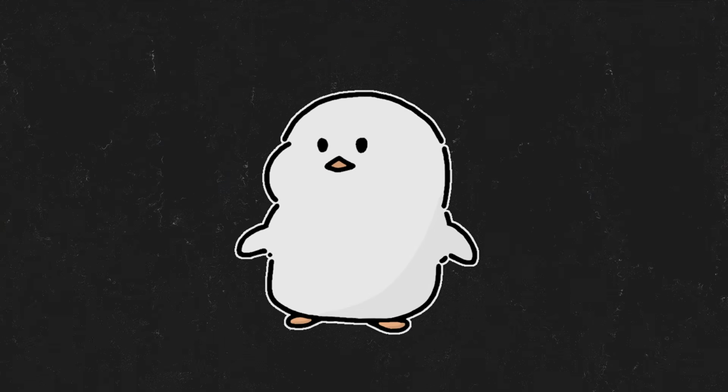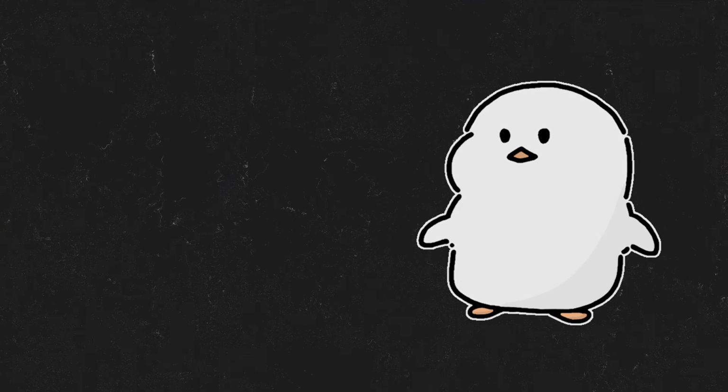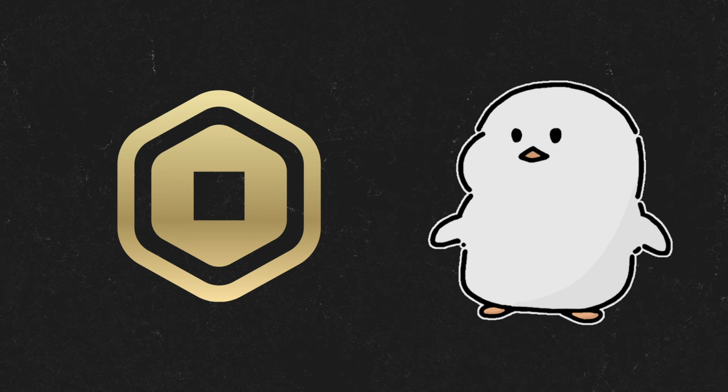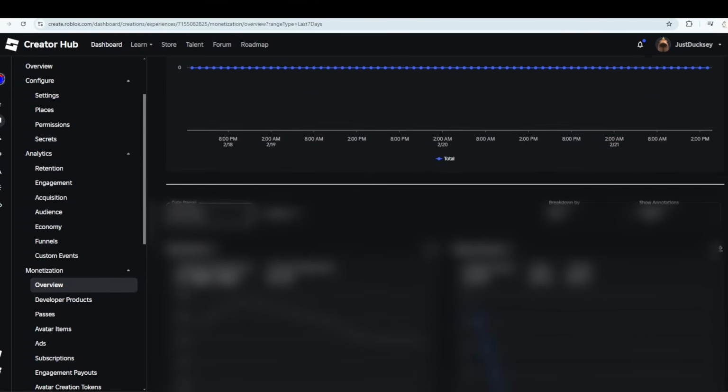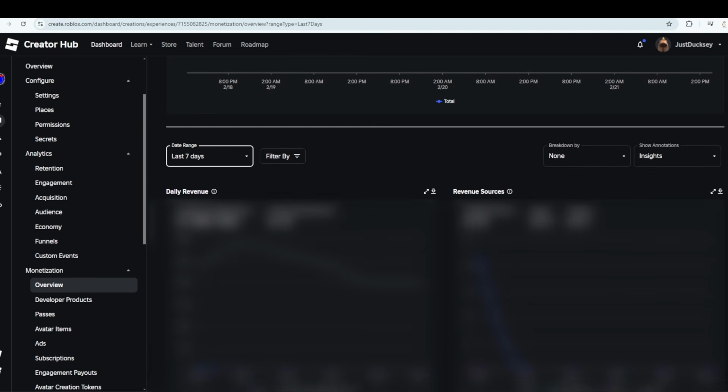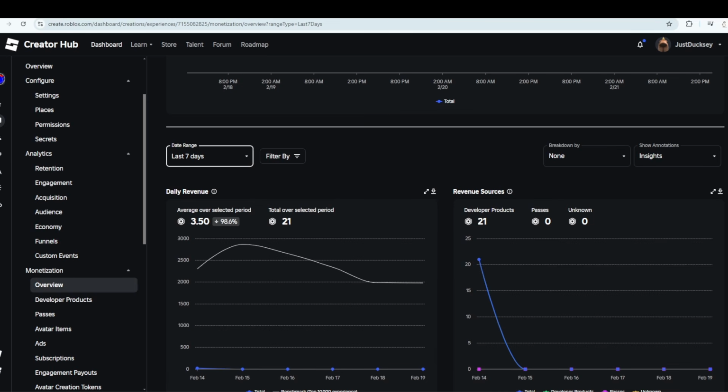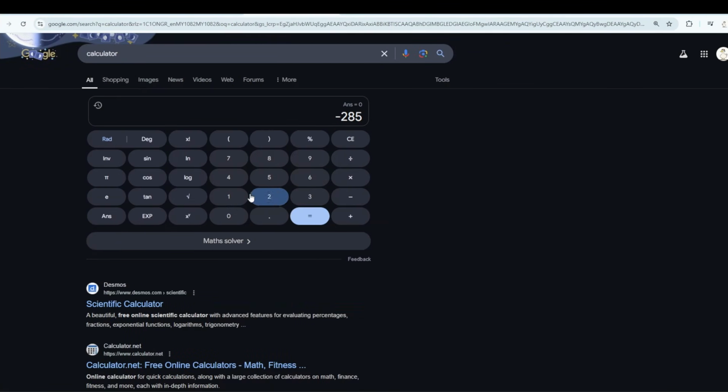So now, the part you've all been waiting for. How much Robux did we actually make from this? So if I go to our analytics, you can see that our total Robux made was a whopping 21 Robux. Yep, that's all we made. So if you calculate our total profit, we spent 2,850 and got 21, which leaves us at a profit of